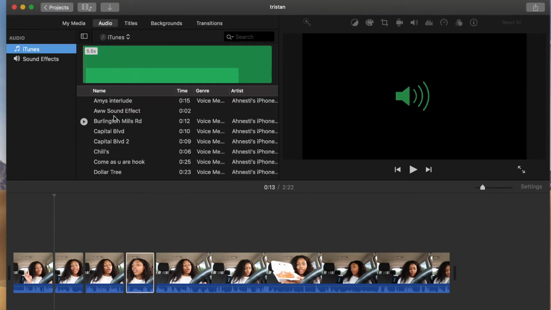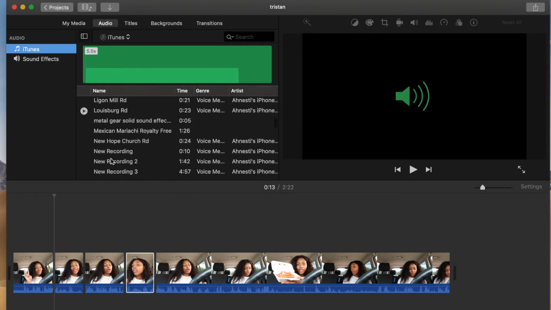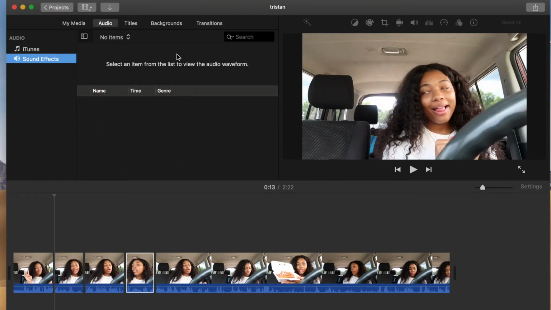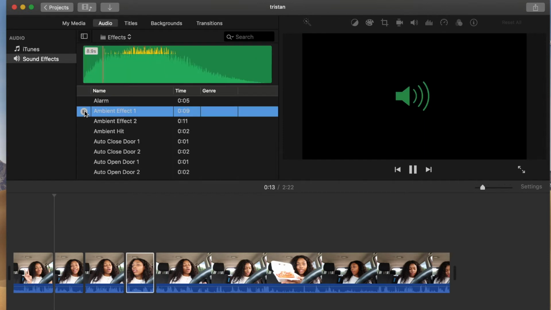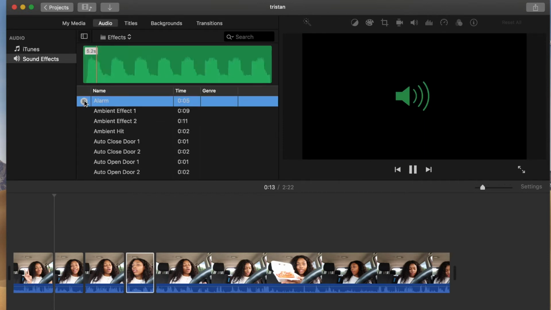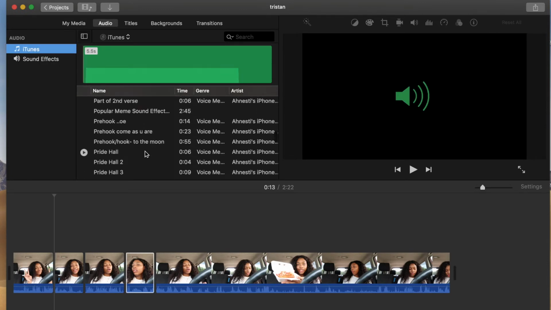I have downloaded a lot of audio, but there are also a lot of sound effects that come with it. Yeah, so you got your weird stuff. Then again, these are the ones that the computer comes with, and I don't like using those. So